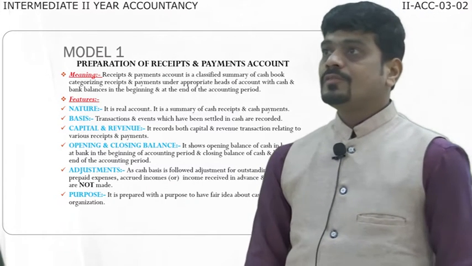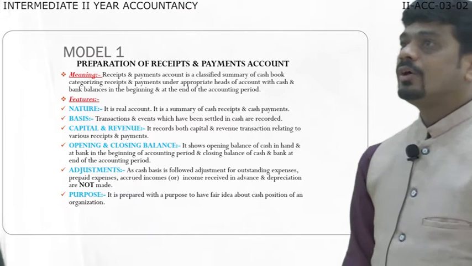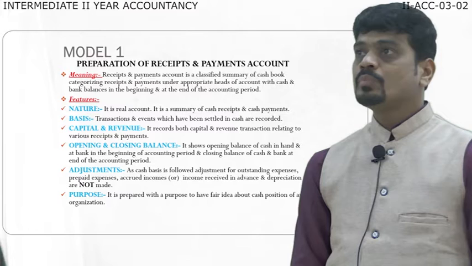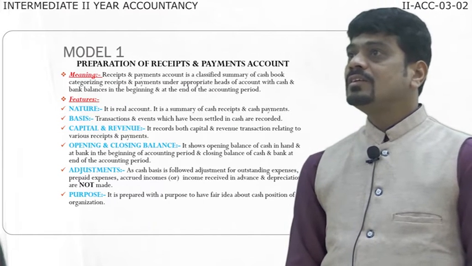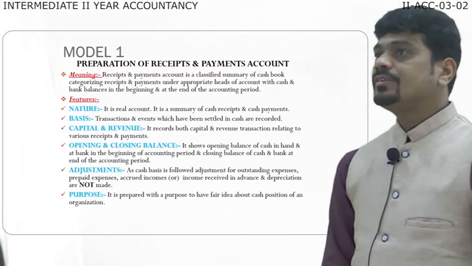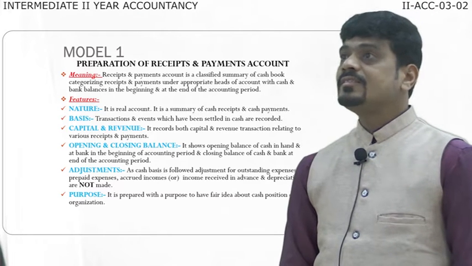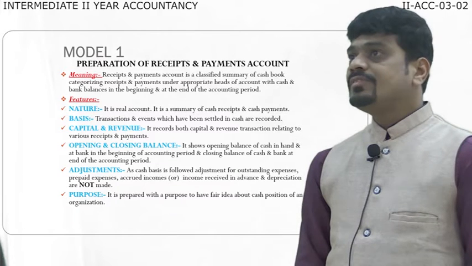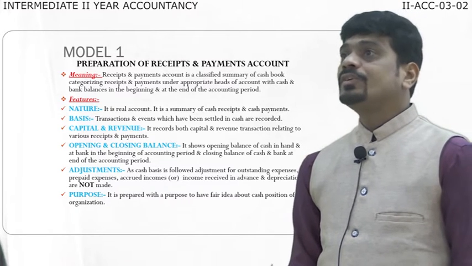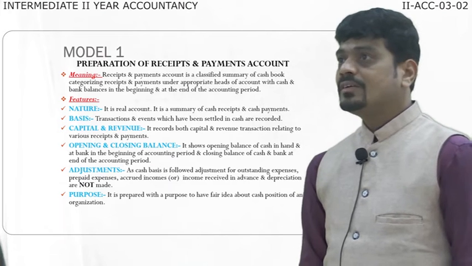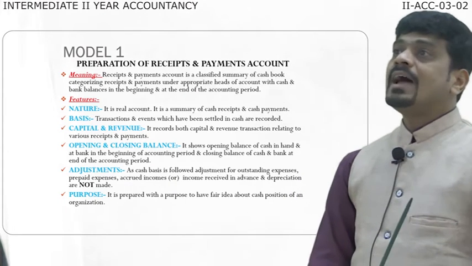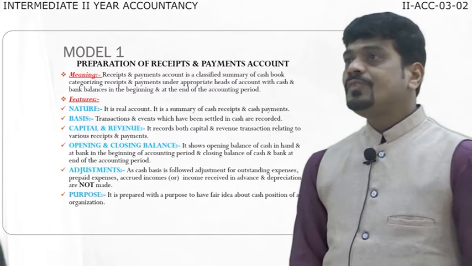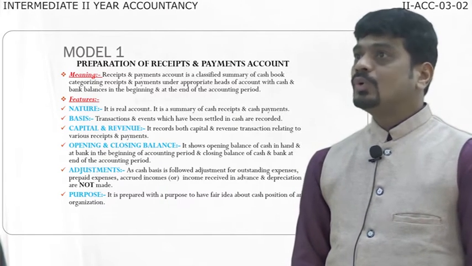In the previous session, I discussed with you all the basic concepts regarding the meaning of non-trading concern, the features of non-trading concern, and the most important part, which was all about the receipts and payments, that is the capital receipt, capital payment, revenue receipt, revenue payment. Nothing but expenditure and receipts, all that I have explained. And based on that, we have seen a few important items like your entrance fee, your legacy, and so on.